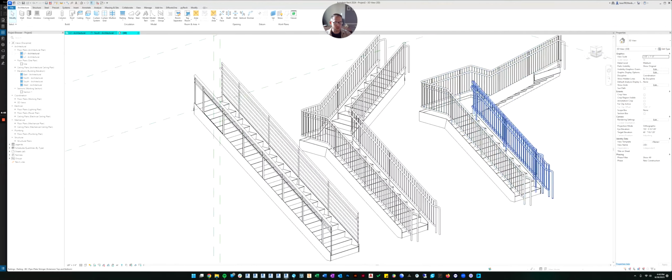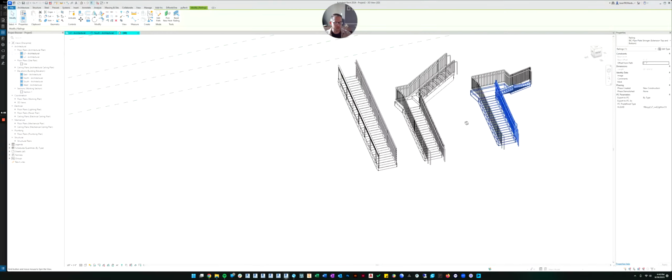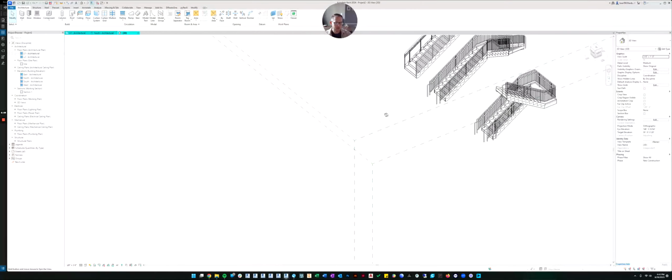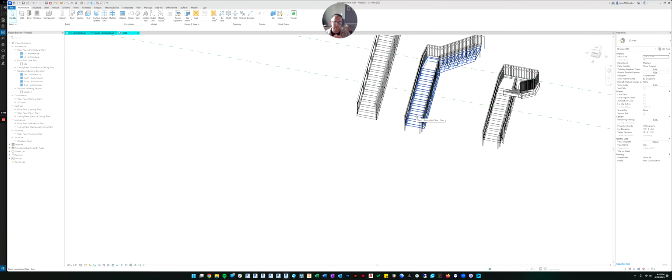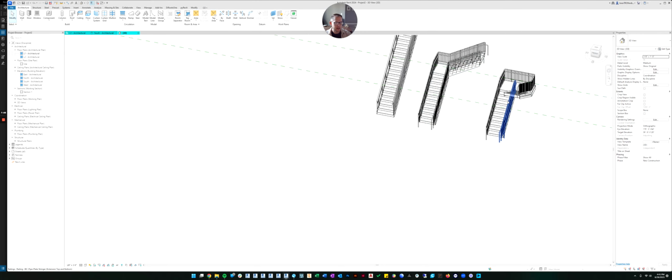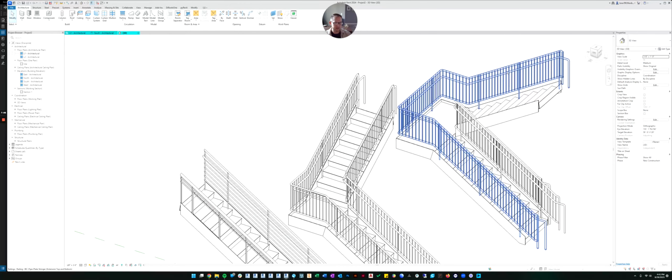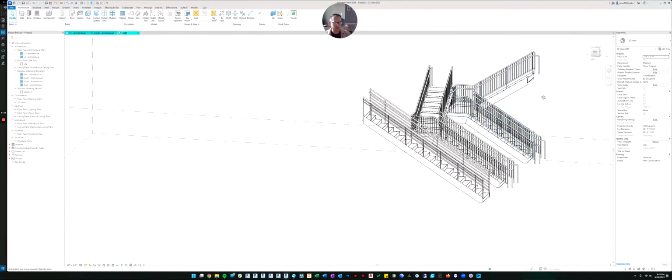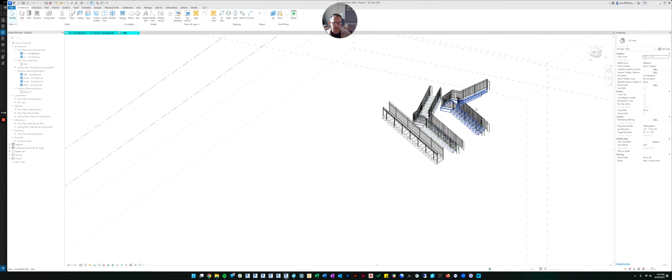It didn't know how to add the railing to the other side because we put them right on top of each other. So that's a little bit of a problem. I usually leave a little bit of a gap between the 2 runs of stairs, and that helps it to build the stair, the railing a little bit better. But there you go. So that's how you build the different kind of stairs.